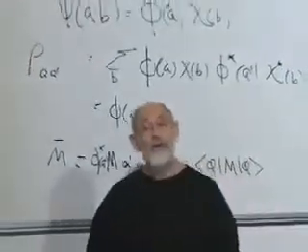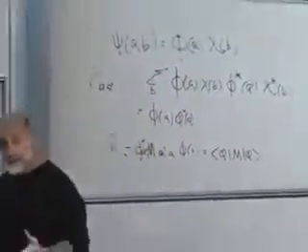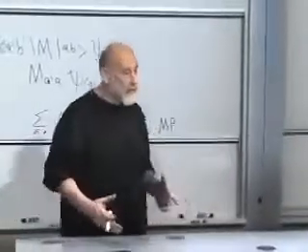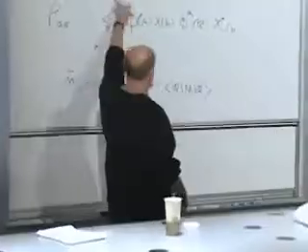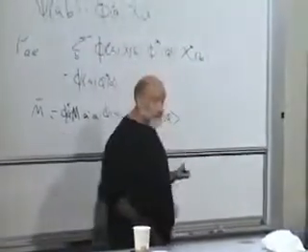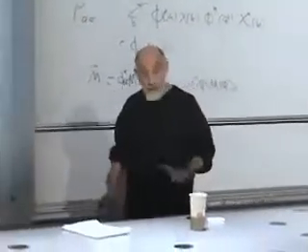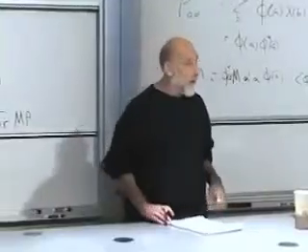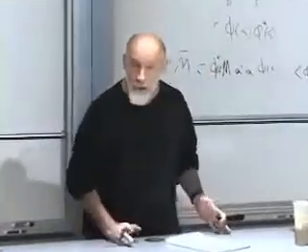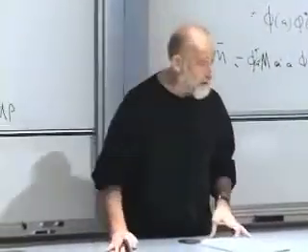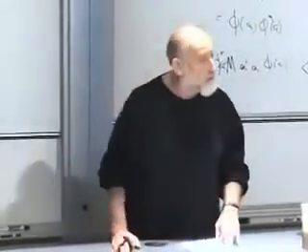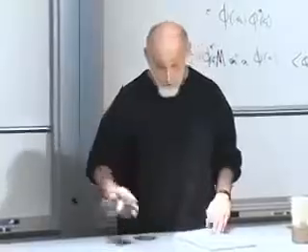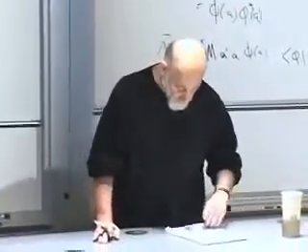So when the wave function is a product of two factors, each subsystem is itself in a pure state, and the pure state is just either phi of A or chi of B. That's the special case when the combined system is in a pure state and each subsystem is in a pure state. But that's hardly general. Not at all general. Not every function of two variables is a product of functions of one variable.